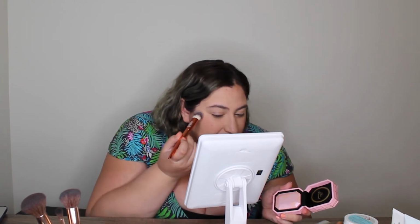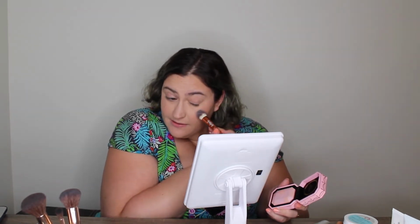Alright, highlighter time. That is a nice highlight. I like it a lot, actually. It's a bit subtle. Might be picking up better on camera, but I really like that as a highlighter. The pink highlight works really well, especially with the blush color that I picked. I'm happy with that. I'm actually gonna use it up here too. I know it's a little weird, but no one said I do anything normal. Nice. And then a little